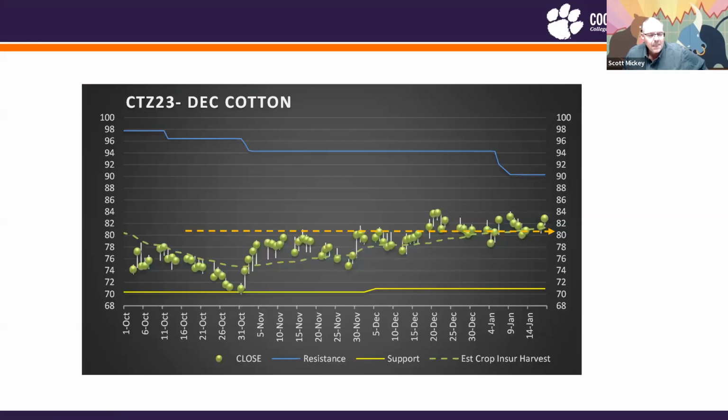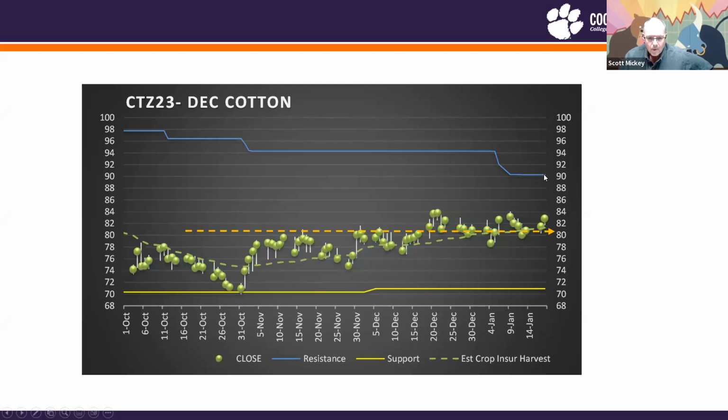Okay. So when we look at the chart, I studied this quite a bit, trying to find something positive to say. We do kind of have an uptrend since the 1st of November. We've generally been moving this cotton price higher. It's just we've moved it from about 76 up to this 81, 82 range.